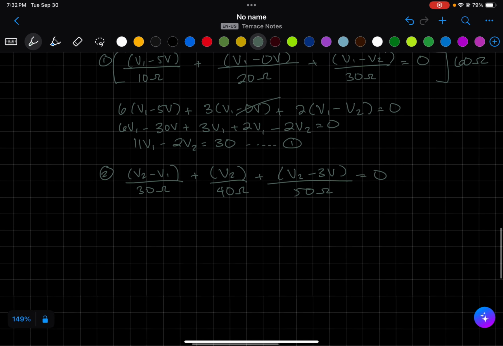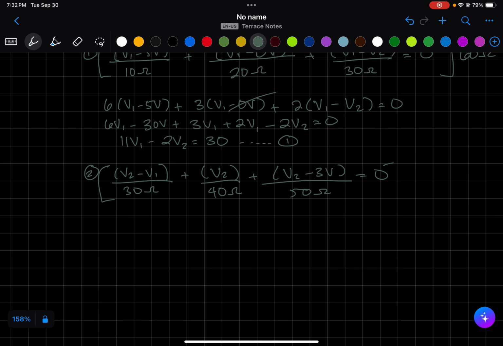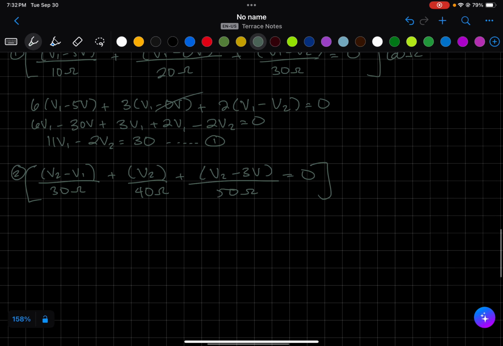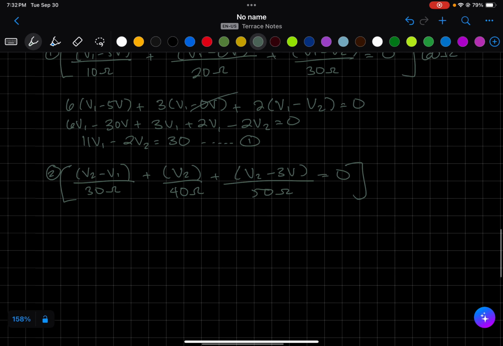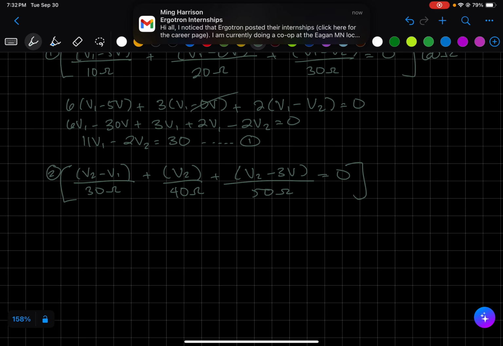So we're going to want to find our lowest common multiple for the denominator, which in this case it'll be